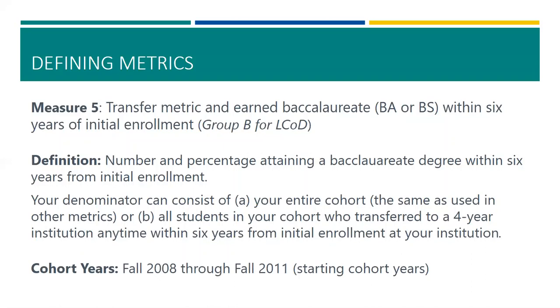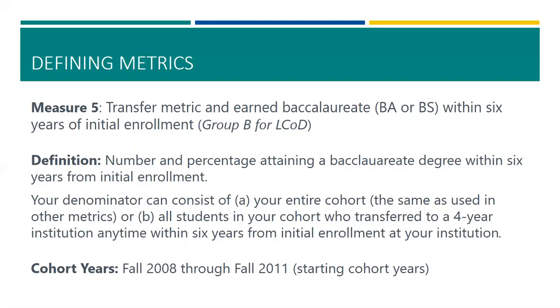The difference is for the choice A, the entire cohort, your percentage is going to be a lower percentage, because some students might not have transferred at all, and therefore in most cases are then not earning a baccalaureate. But because you're looking at the same metric longitudinally, you could still definitely show growth within this metric. It's just your numbers are going to seem low because some students weren't even eligible. If you go with option B, your numbers will be higher because your denominator is only out of students who have transferred. So this is anybody who could have been potentially eligible to earn a baccalaureate degree.